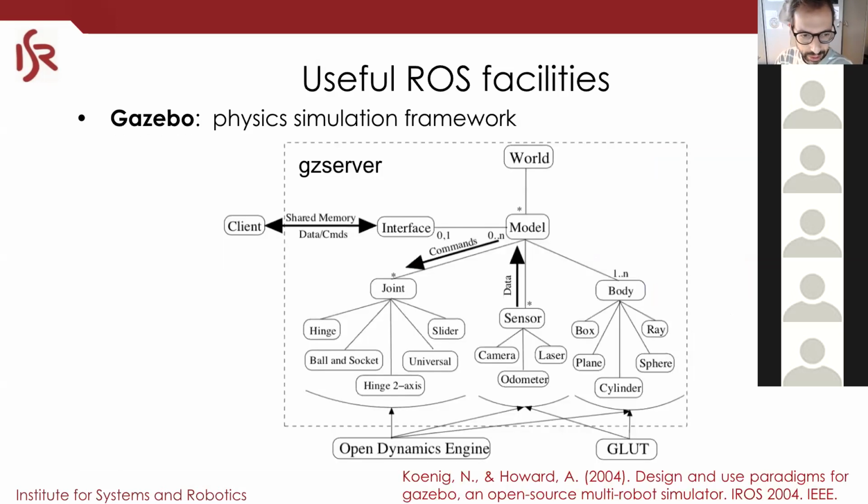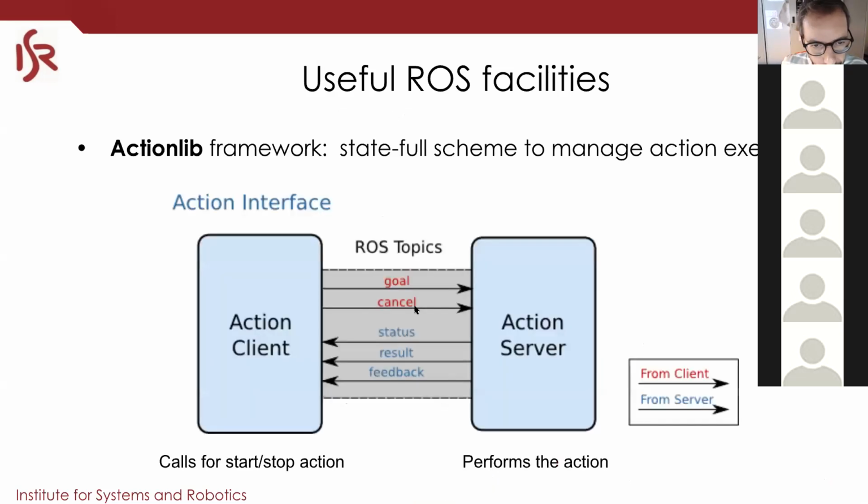I'm going to skip this. So this is just an internal view of what is inside Gazebo. It is a multi-body simulator. It represents bodies with inertia, with collision, with visualization. It implements sensors. It implements joints if you want to do a multi-body robot. It implements wheels, of course, and all of that stuff for you. Okay, I don't have time for going through this.